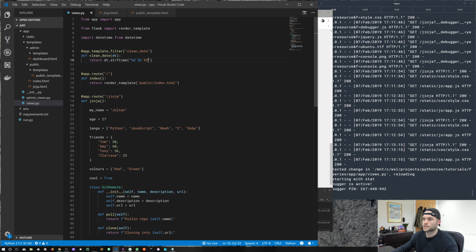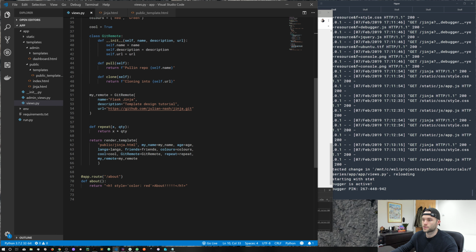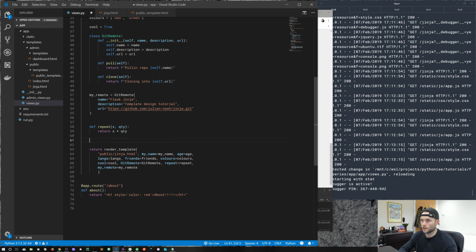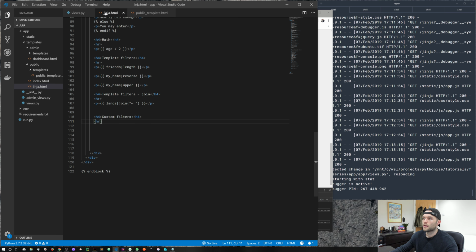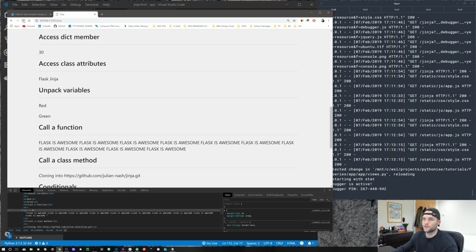So next thing, we need to create a datetime object, so I'm just going to create that here below our function. I'm just going to call it date equals datetime.utcnow, and then we need to pass that into our template. date equals date. Now if we come back to our Jinja HTML file, if we were to just put date in here to embed the value, go ahead and,